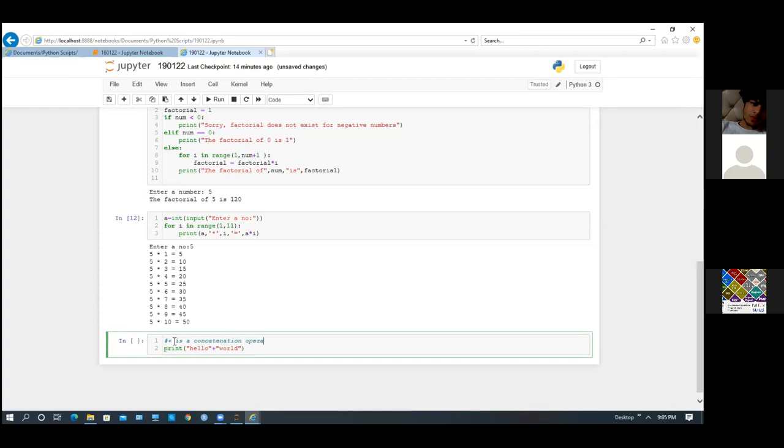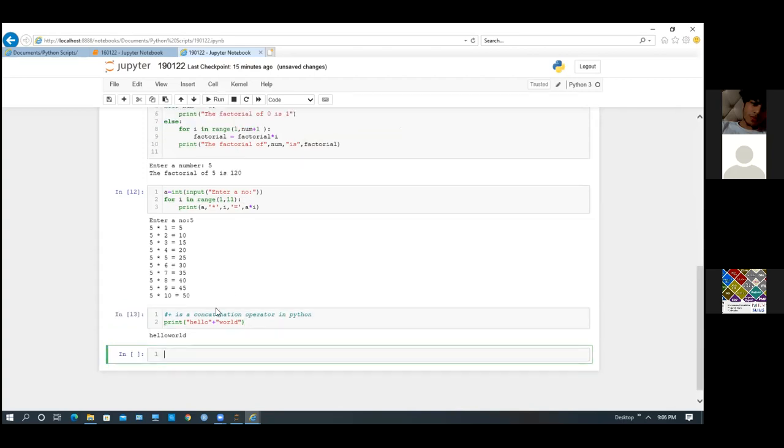Basically what it does is it concatenates two strings. When we want to work with strings, it concatenates two strings, and if we run this, we can see the output as hello world, correct?